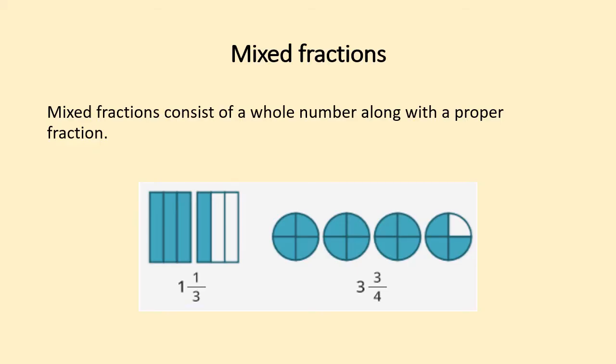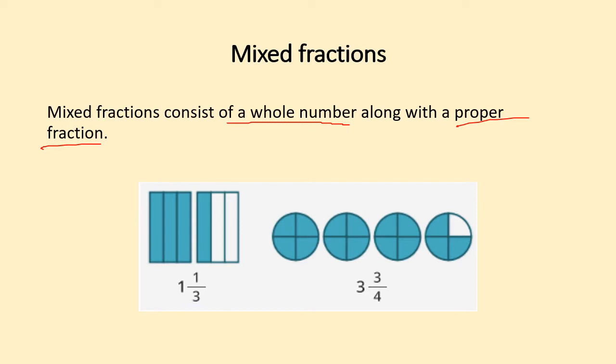In the previous video we already learned about mixed fractions. We learned that mixed fractions are combinations of a whole number and a proper fraction. A whole number like 1, 2, 3, 4, 5, 6, 7, 8, 9, 10, or like all the counting numbers and all the natural numbers, and with a proper fraction. We also learned about proper fractions in the last video. If you don't know what a proper fraction is, please watch my previous video. So okay, moving forward,